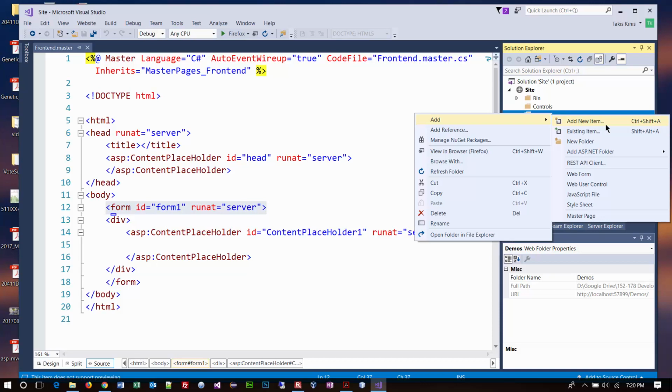But notice at the bottom how there's a whole listing of what might typically go into like some folder, including a web form, a user control, JavaScript, style sheet, master page. So in some cases, if you know you're building a web form, for example, you can just select that and be done with it. It will automatically put the code file in a code behind, so it'll attach to the file. That happens automatically. If we choose the add new item like they're asking,